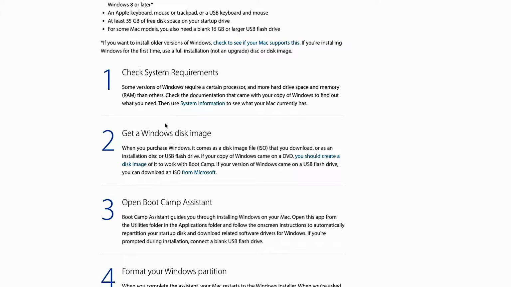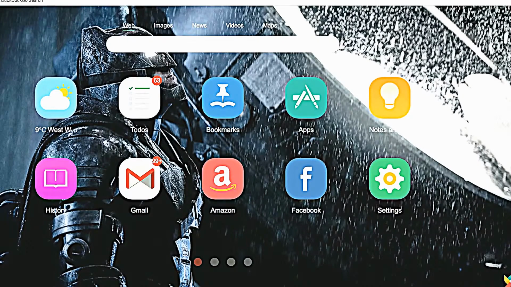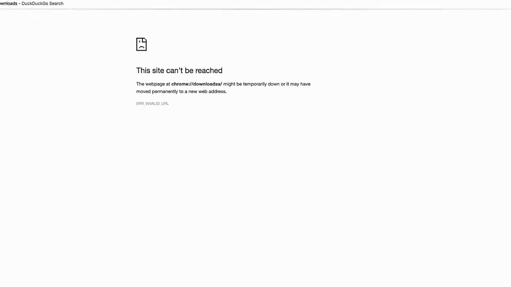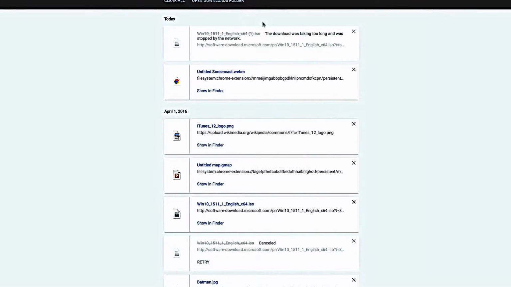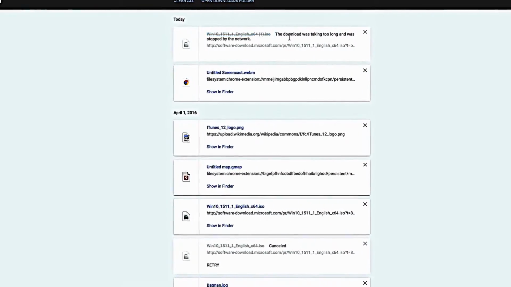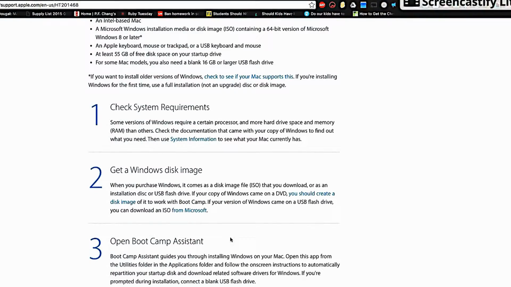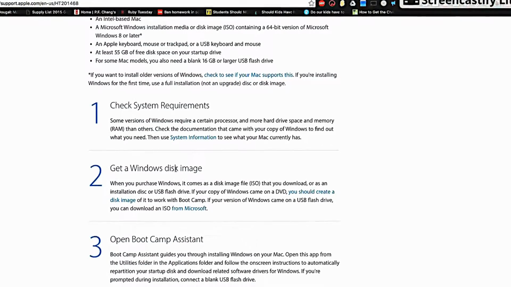Okay, so number 2, get a Windows disk image, which we already got. Let me just open that. Show you Windows 10 downloads. Chrome downloads. The last one, since Windows 10 was taking too long, was stopped by the network. Anyway, we can still go on. Since we have the disk image,